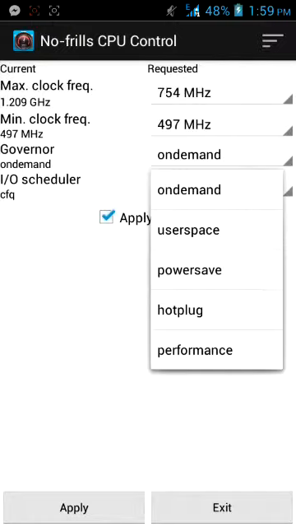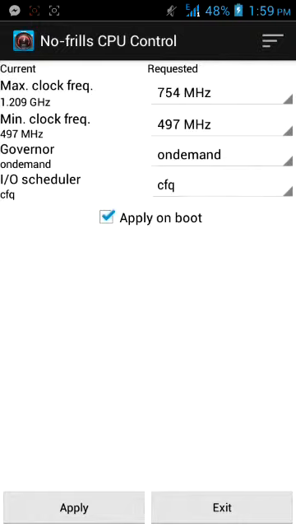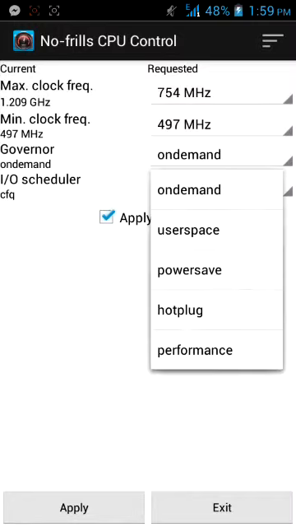You don't need 1.2 gigahertz of processor power to check your messages, and 1.2 gigahertz of processor power just drains your battery. So on demand alternates between high cycles and low cycles depending upon how much the